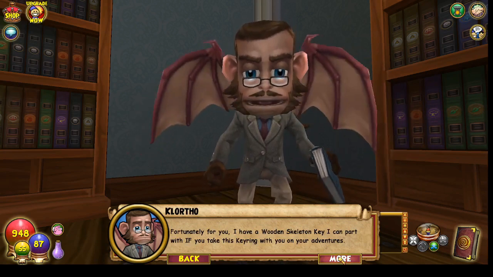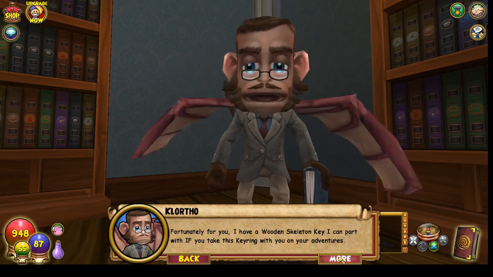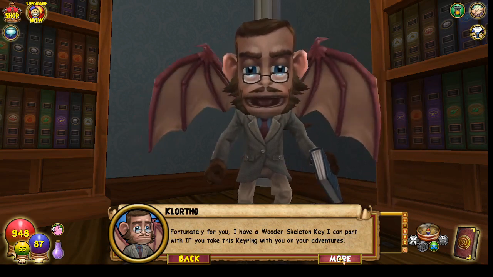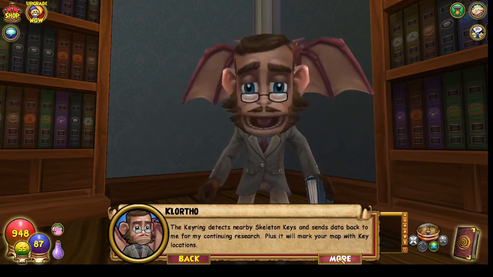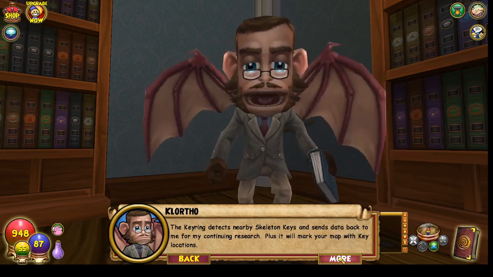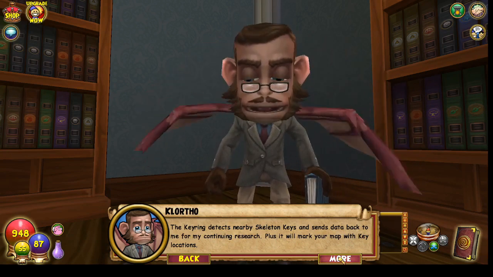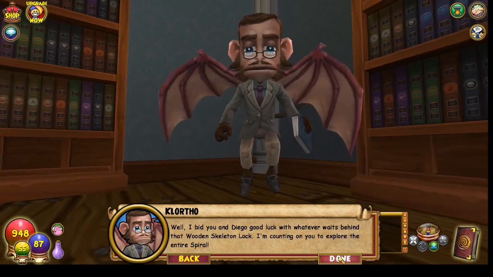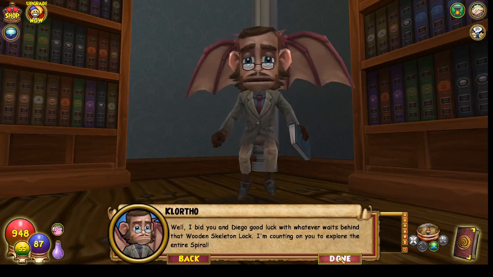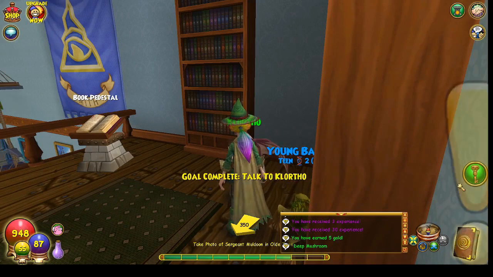Fortunately for you, I have a wooden skeleton key I can part with if you take this keyring with you on your adventures. The keyring detects nearby skeleton keys and sends data back to me for my continuing research. Plus, it will mark your map with key locations. Well, I bid you and Diego good luck with whatever waits behind that wooden skeleton lock. I'm counting on you to explore the...